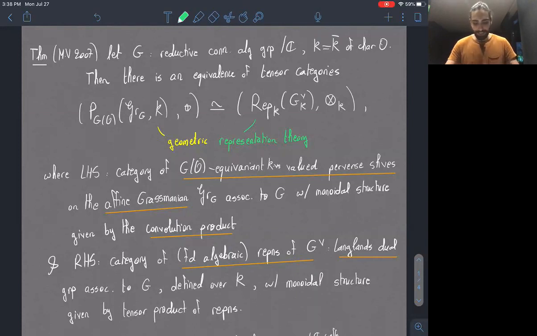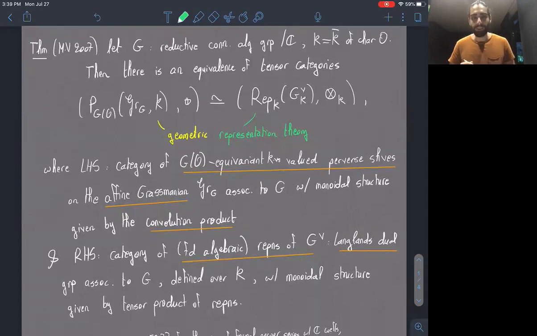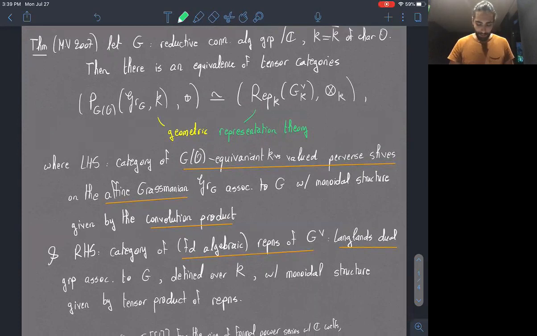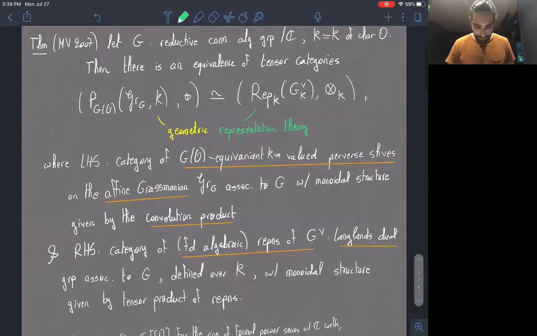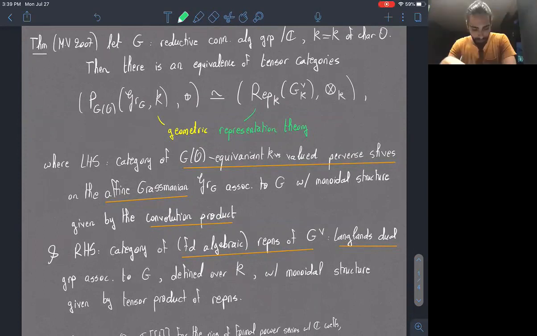So in a sense, this is much of what geometric representation theory does. It takes a category of representations and tries to interpret it in a geometric setting. And so we'll basically try to get as close to a proof of this as we can in 5 days. I've just written out what things are right here, and I've said some of these things out loud. I should mention that our representations are assumed to be finite dimensional,